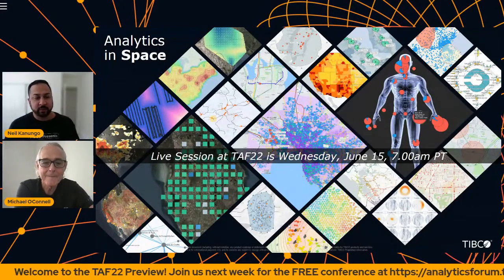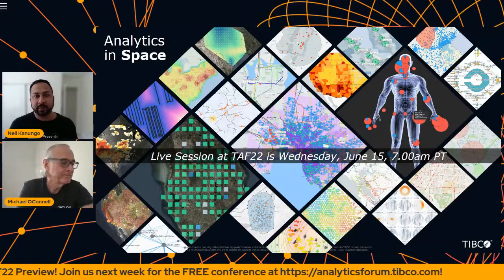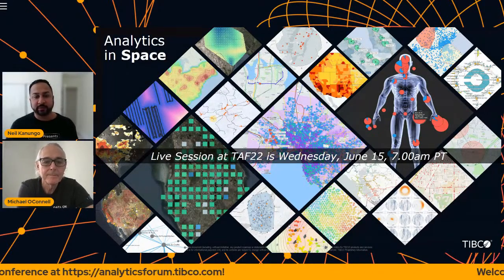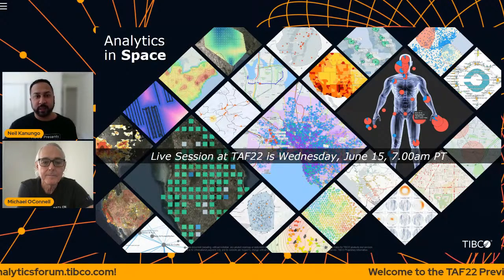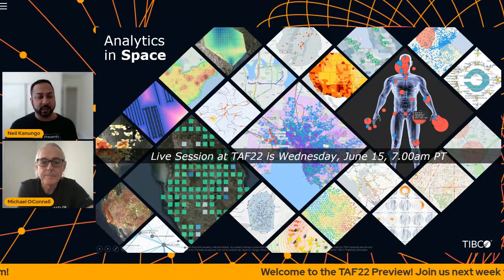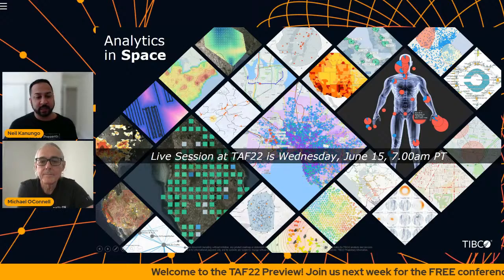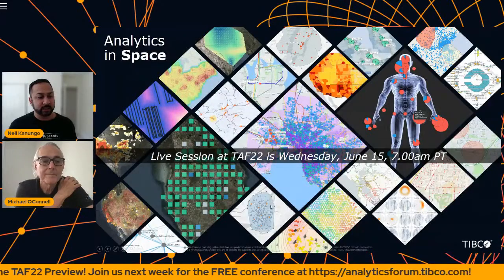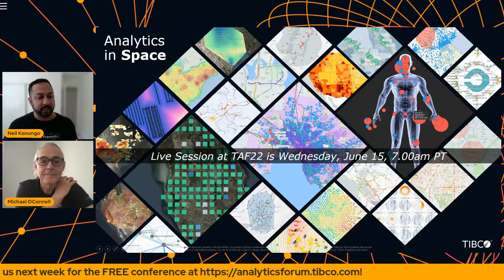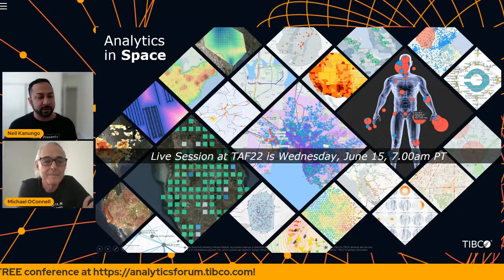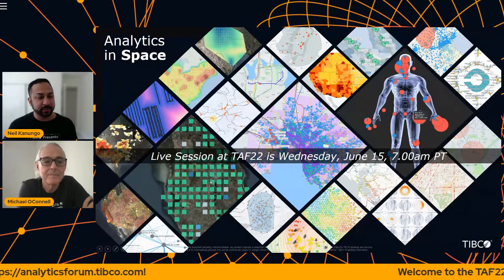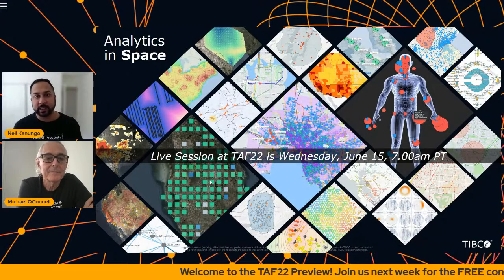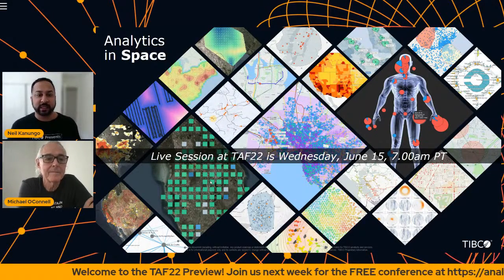Yeah, we're going to have another preview of TAF tomorrow where I'm going to talk a little bit about the location analytics that we're going to cover. So we have some geocoding, we have routing, we have trade areas, lots of rich geoanalytical applications in Spotfire. There's a little bit of some anomaly detection here that Adam was talking about earlier. We have some Voronoi tessellations for clustering and looking at some clinic locations across a map. We have some spatial binning. So there's going to be a lot of topics where we discuss the principles behind time and the principles behind space in these analytic applications.